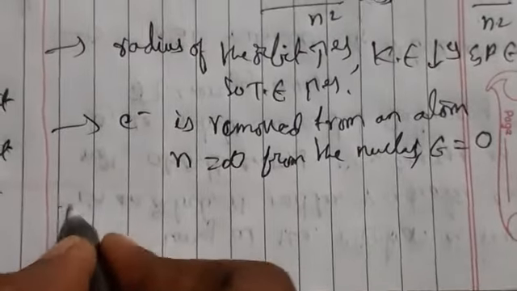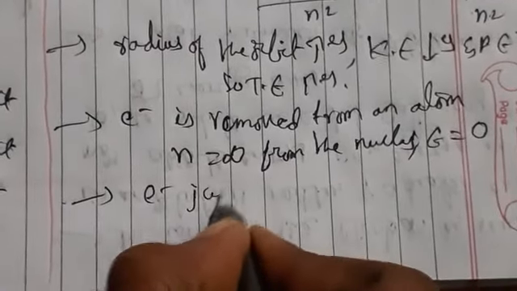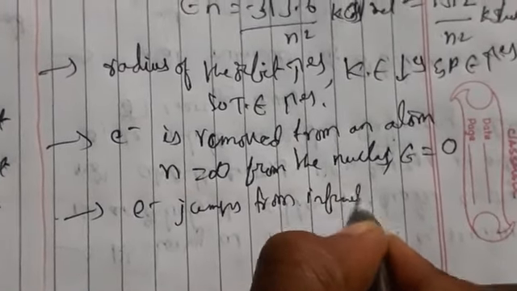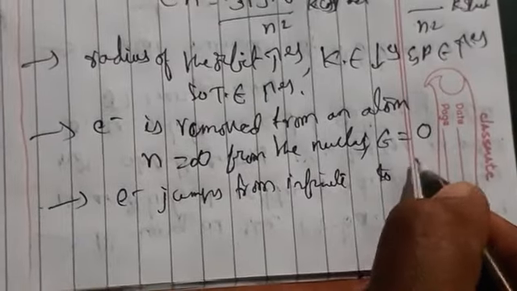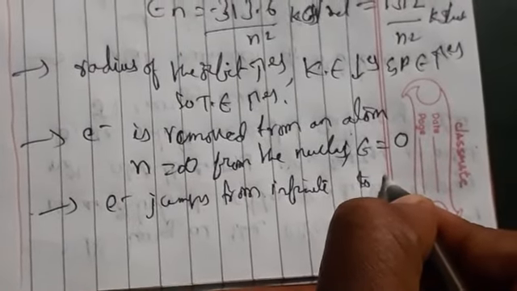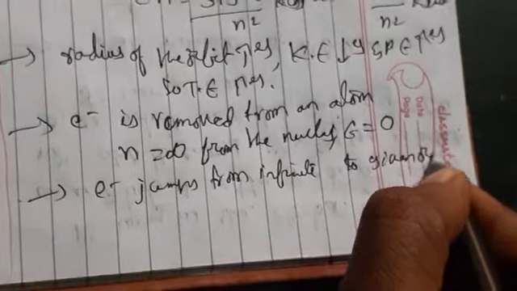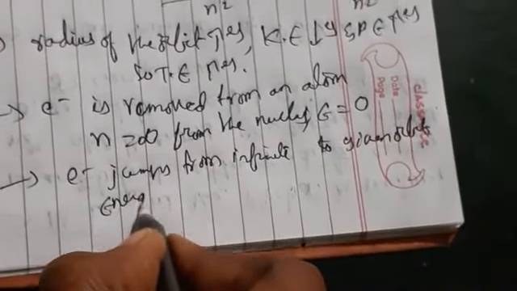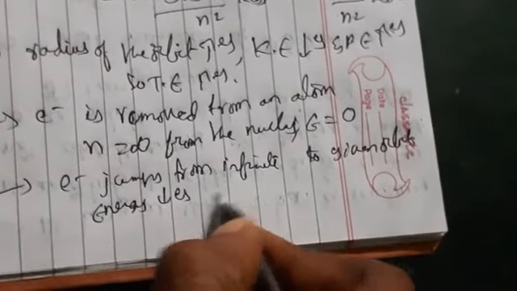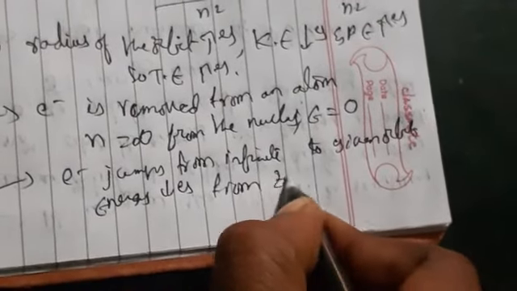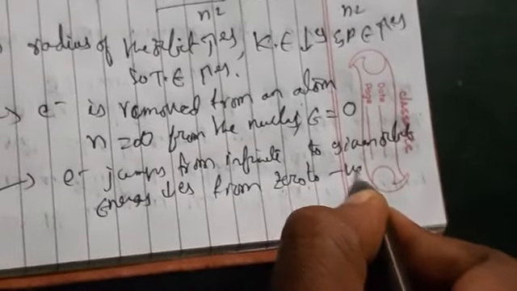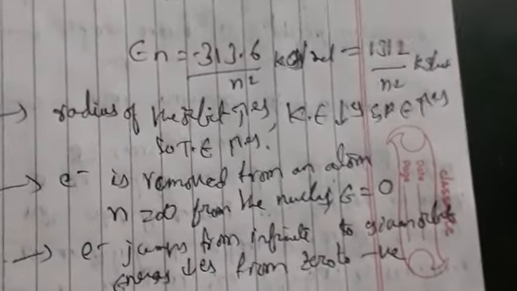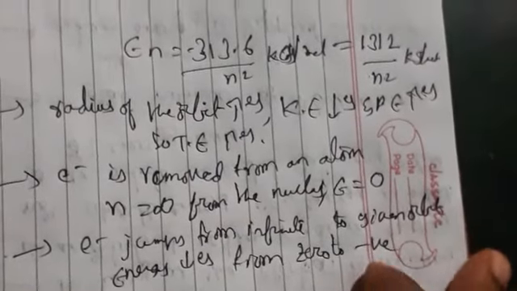So what happens here? When an electron jumps from infinity to a given orbit, the energy decreases from 0 to negative. Okay, and also here, the amount of energy required to remove an electron from the outermost orbit, that one